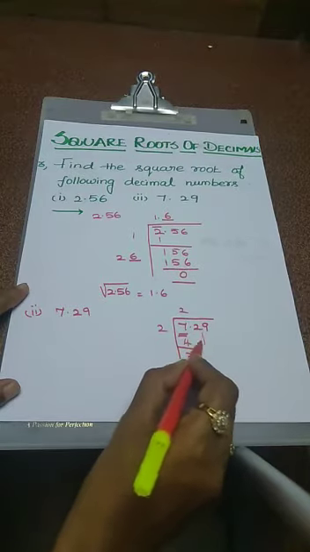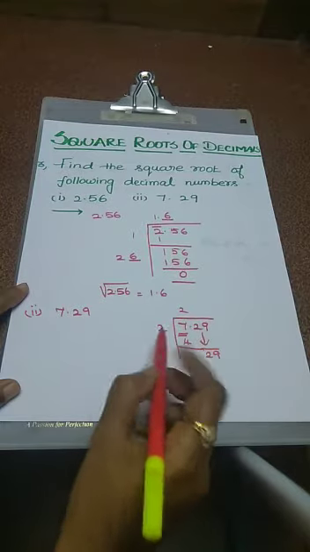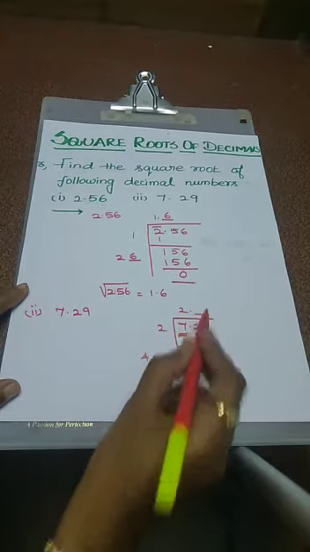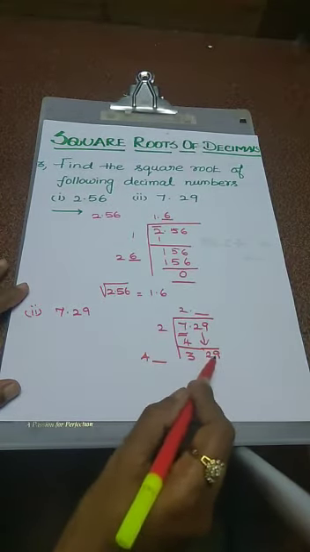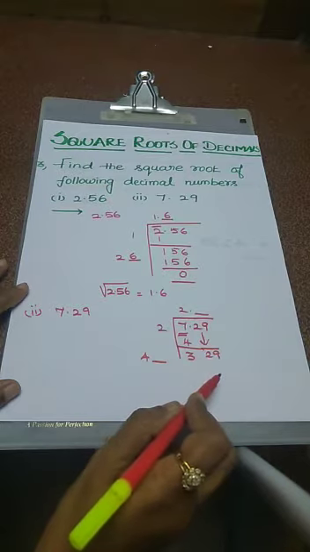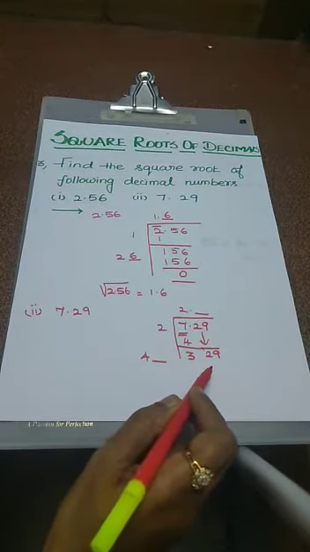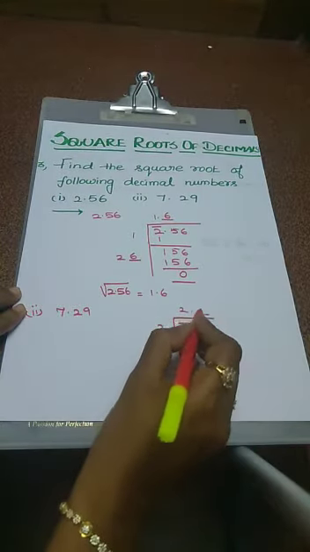Next take the next two values, that is 29. 2 plus 2 is 4. Here we are going to use one value, the same value we have to use here. So the ending number is 9. So two numbers are possible. One is 3, another one is 7. Because 3 3s are 9, another one 7 7s are 49. These two numbers end with the number 9. Now the possible number is 7.